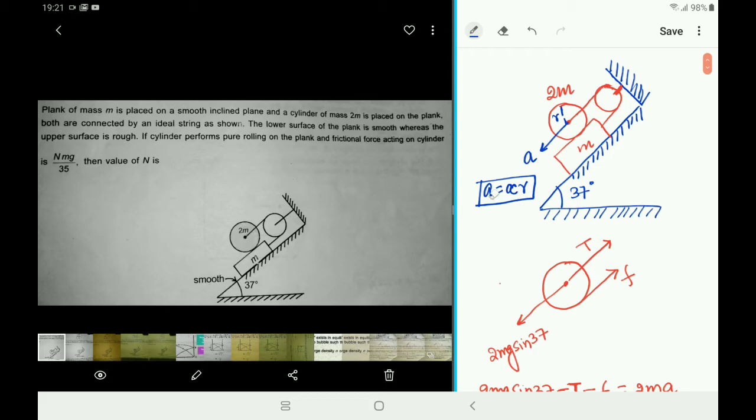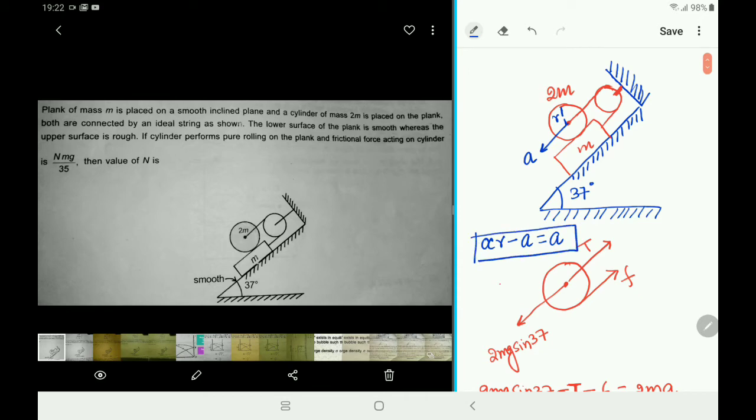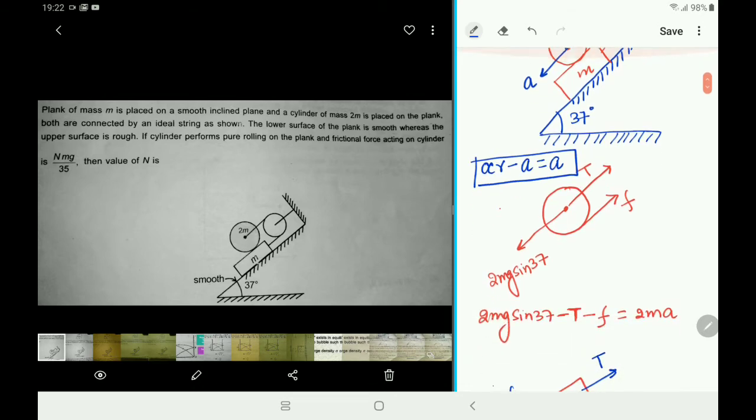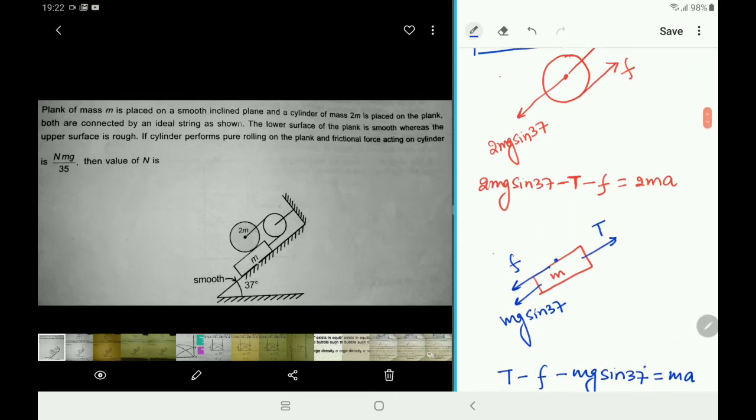Now we come to the constraint, and I have written the constraint as a is equal to alpha R. So is it right? Think for yourself, is that constraint right? That is basically a wrong constraint, because the ground is not at rest. The ground on which the cylinder is resting is not at rest. That would have been correct when the cylinder would have been rolling on a ground which was at rest. But here the block is moving itself. So what will be the constraint? The constraint will be